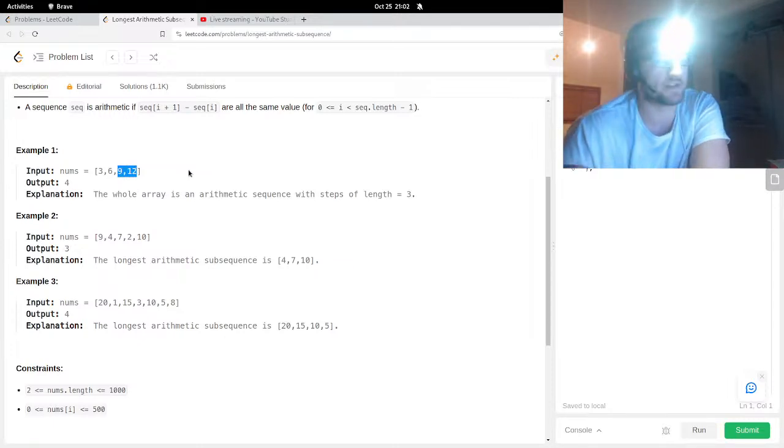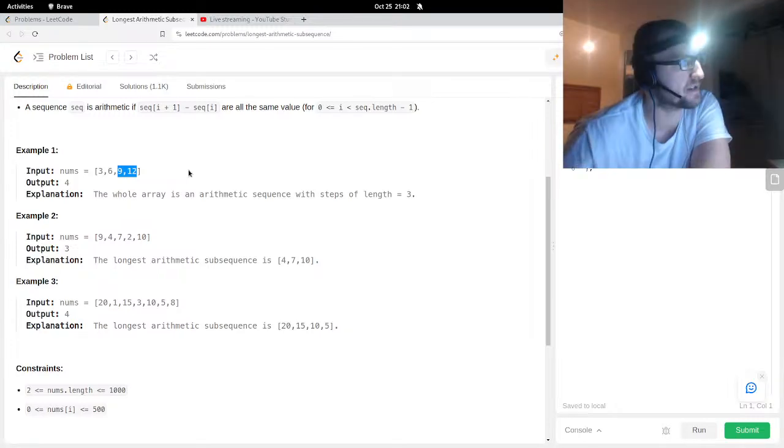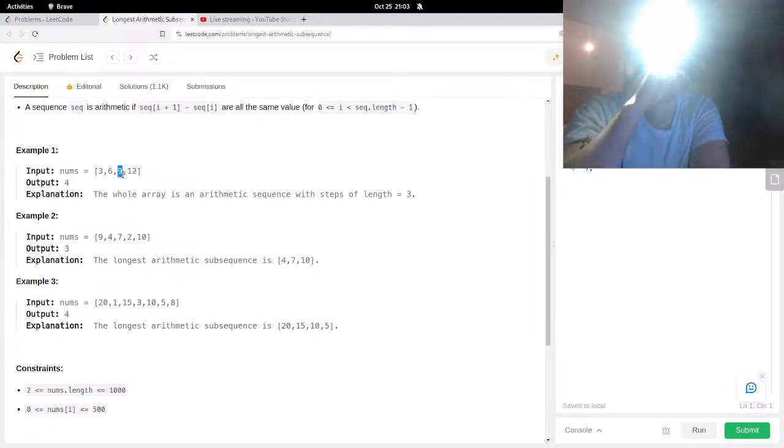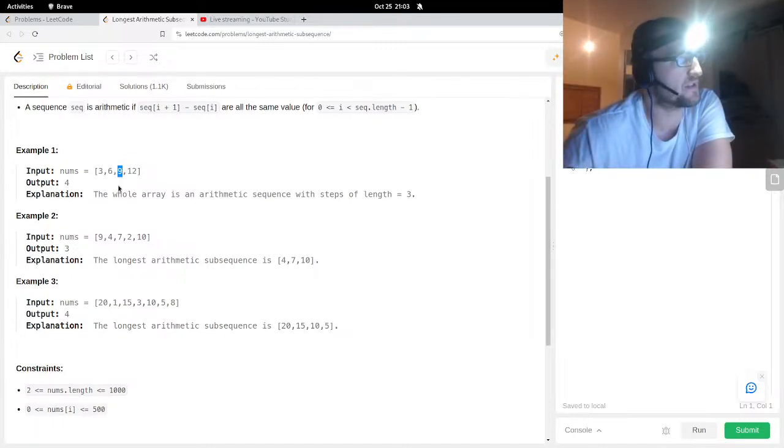The value is going to be the size of the subsequence, and the key is going to be the difference. So there will be a 9, 3 with 2. And so 12 is in the map, 9 is in the map, and 9 has another map, which has a pair of 3 and